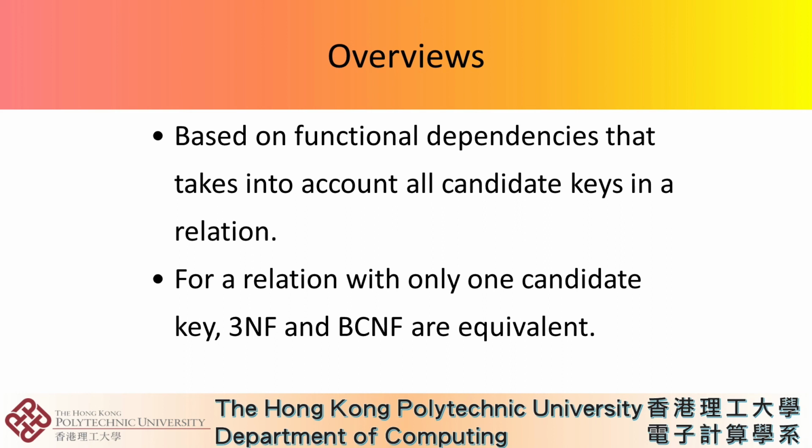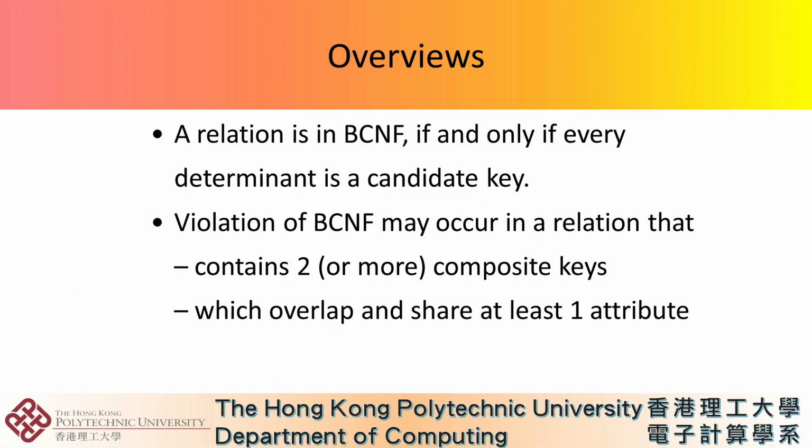For a relation with only one candidate key, 3NF and BCNF are equivalent. A relation is in BCNF if and only if every determinant is a candidate key. Violation of BCNF may occur in a relation that contains two or more composite keys, which overlap and share at